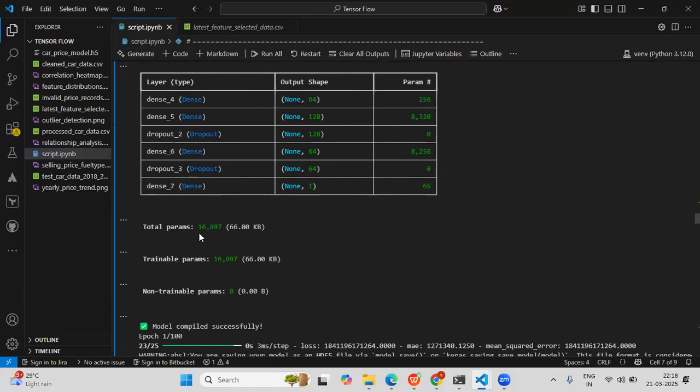This is the total parameters, 16,897, and we don't have any non-trainable parameters. So this is the model architecture. It will show how many neurons there are. This is the data for the input layers. Then the output shape is none. These are the parameters for each layer, and this is the output layer, 65.